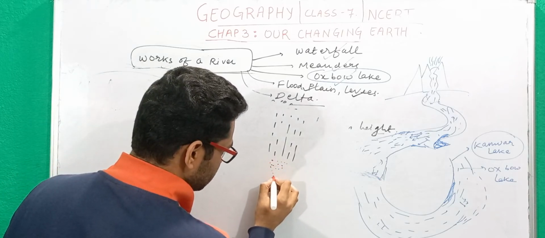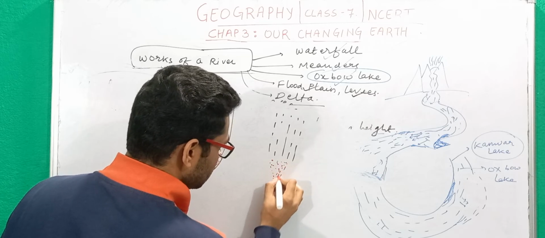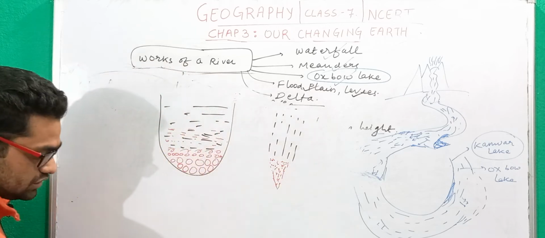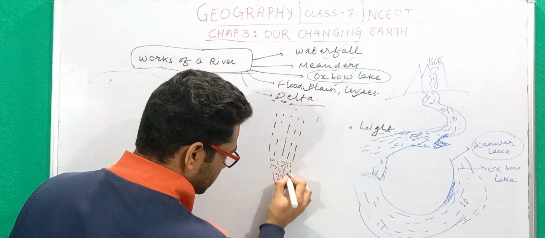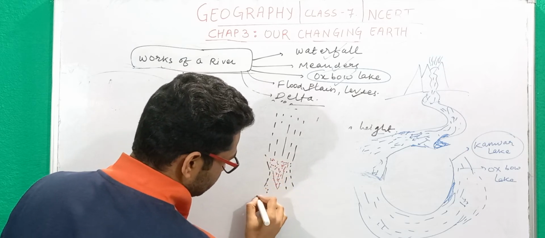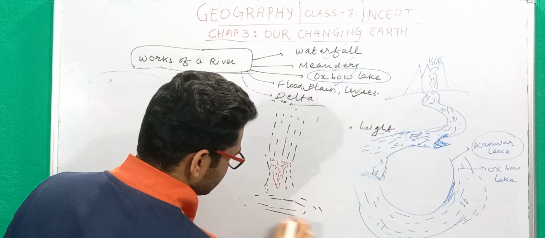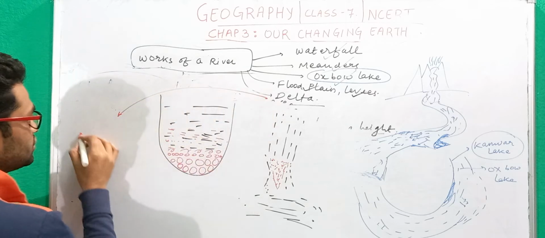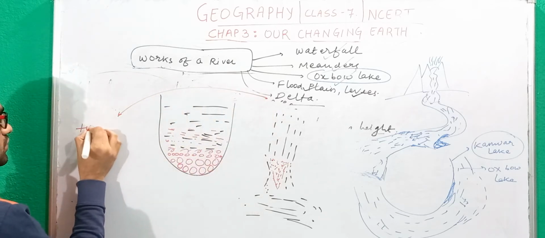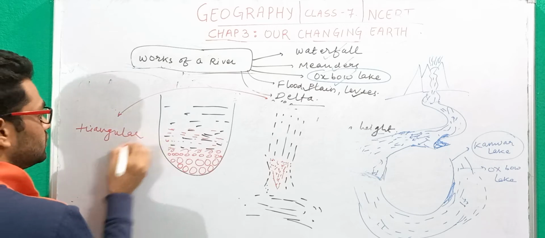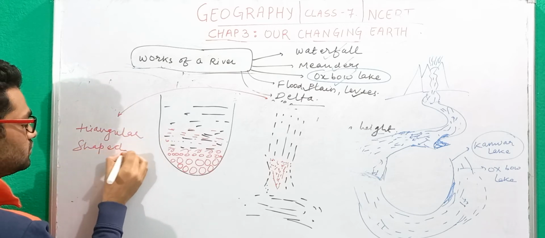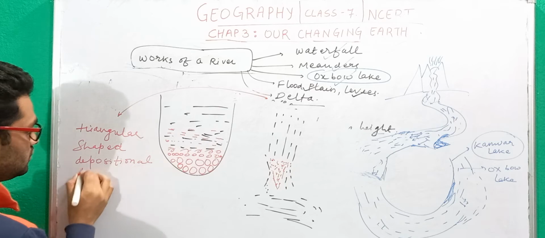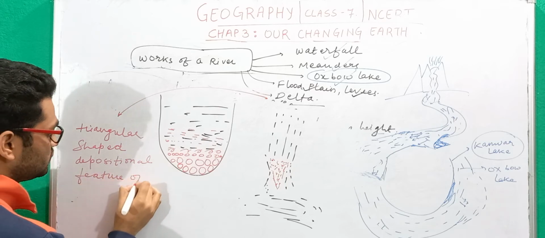It will get accumulated at the mouth of the river in a triangular-like formation. You will see that this gets accumulated and water will flow like this, and ultimately it will meet the sea. So this triangular-like formation, what is a delta? It is a triangular-shaped depositional feature of rivers